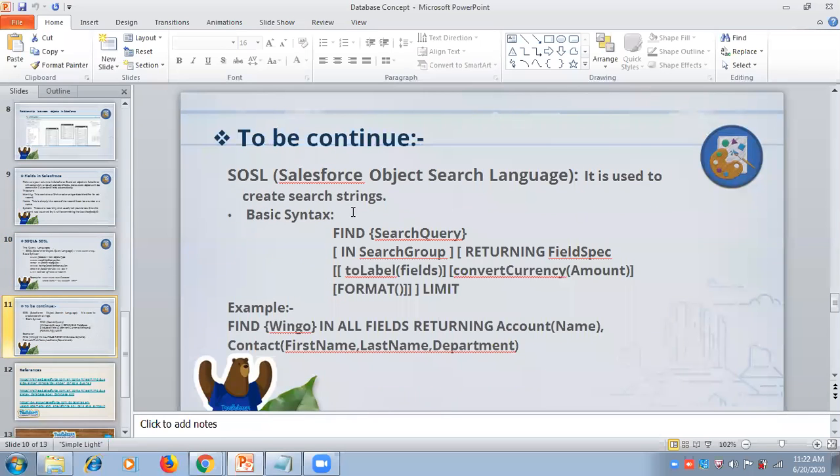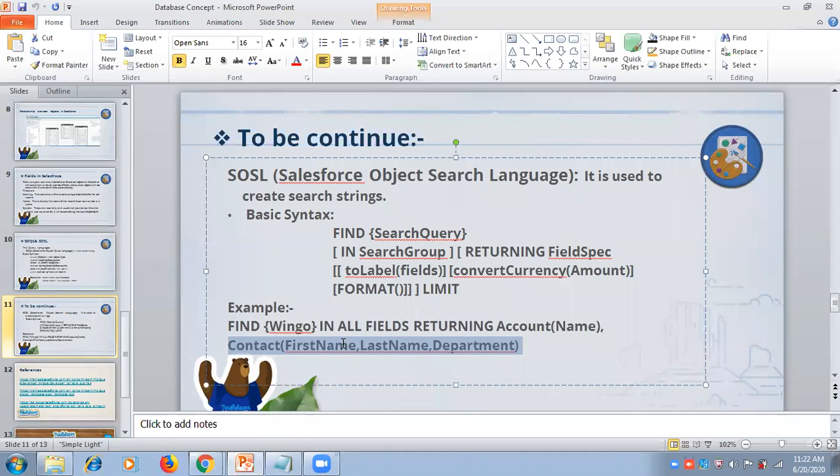we have SOSL. SOSL is basically used to create a search string for particular objects, which are given here as a syntax, or throughout the Salesforce org. Let's say we are using the same query.